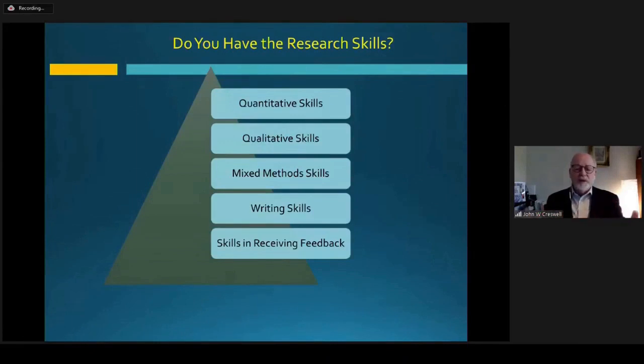Certainly to be a good researcher, you need good writing skills. And I think people that are conducting research need the skills in being able to receive feedback from others that would help them develop further. Now, in any one researcher, there may not be all of these skills. And often people in mixed methods team